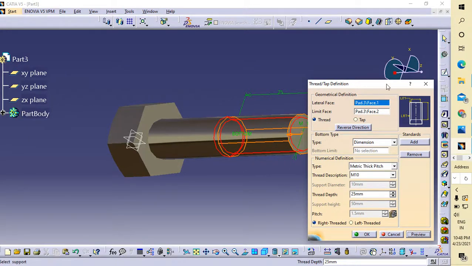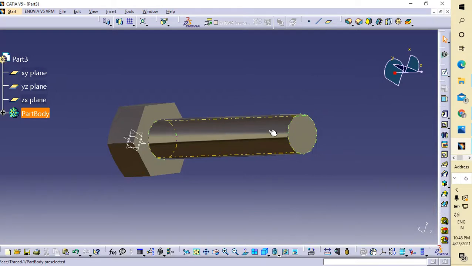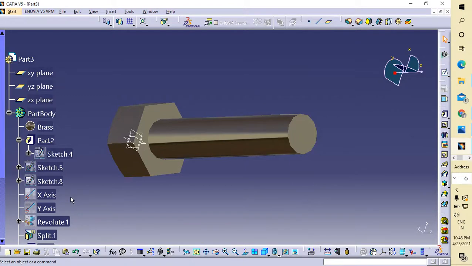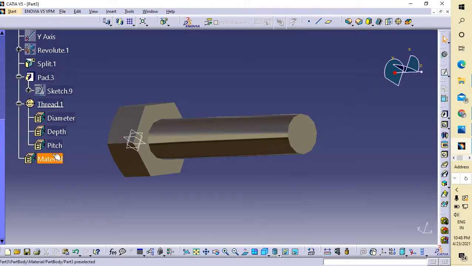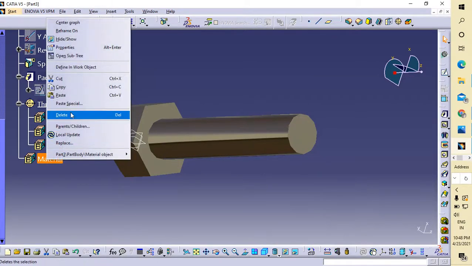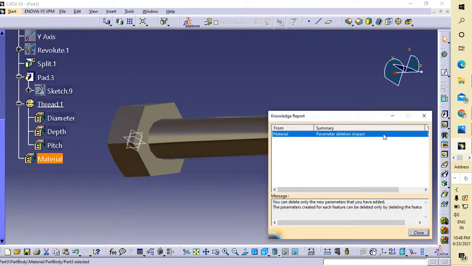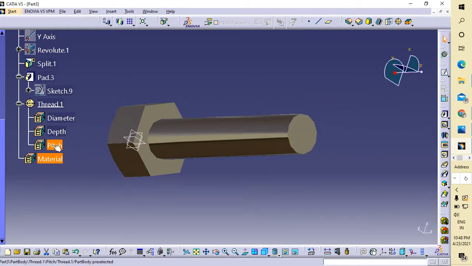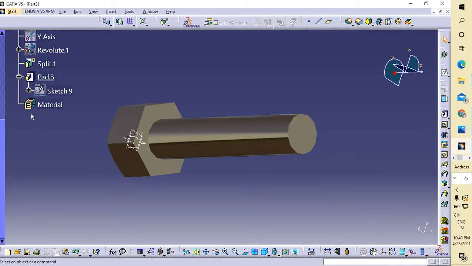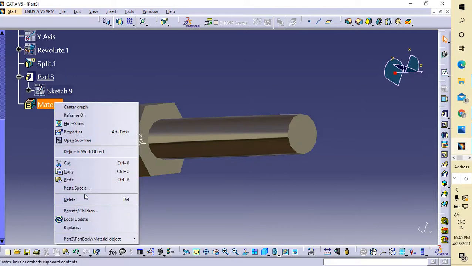Not a bottom part here. Okay, I will unselect it, go to here, delete it. Okay, delete. Delete material.